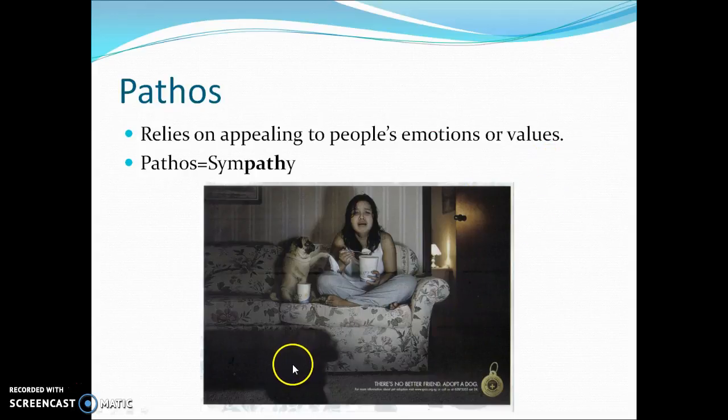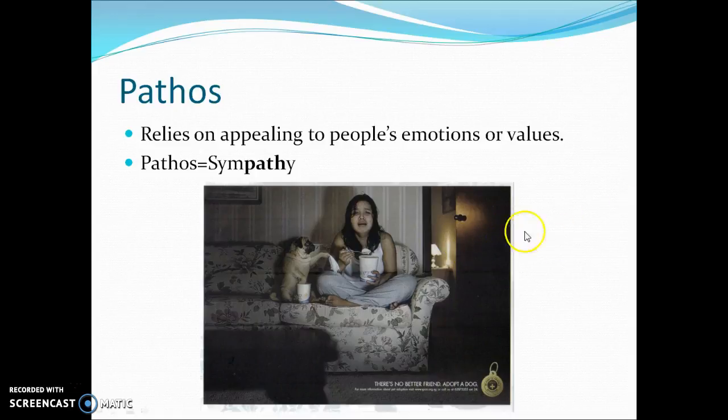And another example of pathos right here is this ad where it shows a dog, a cute little pug, giving his owner a tissue. And she's sad, and you can see the little tag right here that says there's no better friend, adopt a dog. They're trying to convince that you should get a dog because, well, the saying goes, man's best friend, and you can see this young woman here crying, upset. Maybe she had a rough day at work, maybe she had a rough breakup, she's brought out the ice cream,